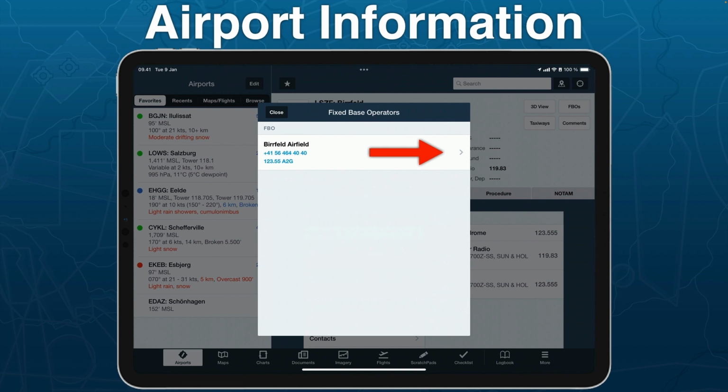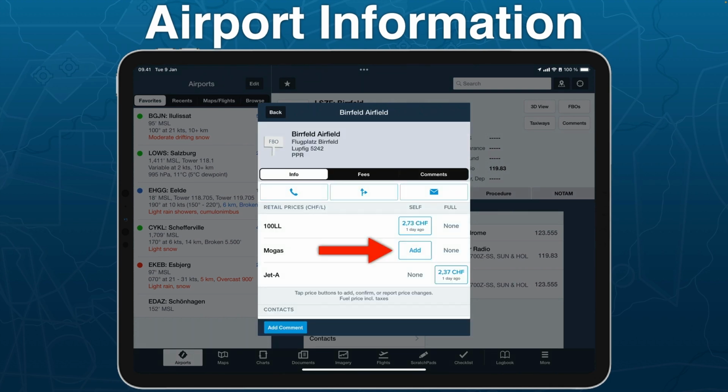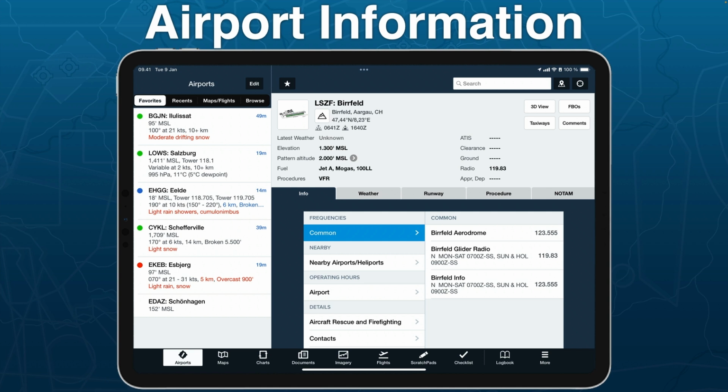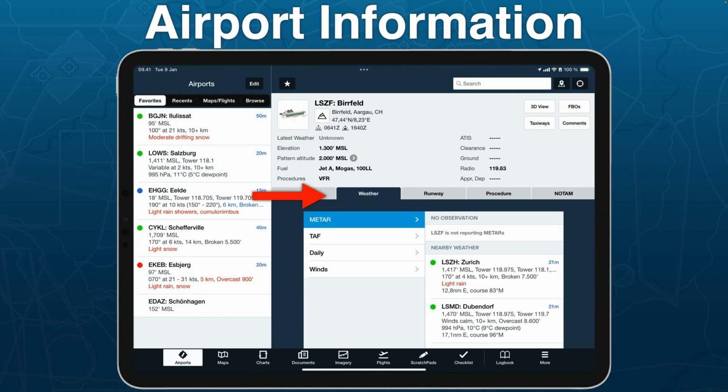Information about the airfield, such as telephone numbers, addresses, email addresses, and more, is stored here. Fuel prices can also be updated under FBO. In the lower area, there is not only all frequency information and operating time, but also the respective airport weather